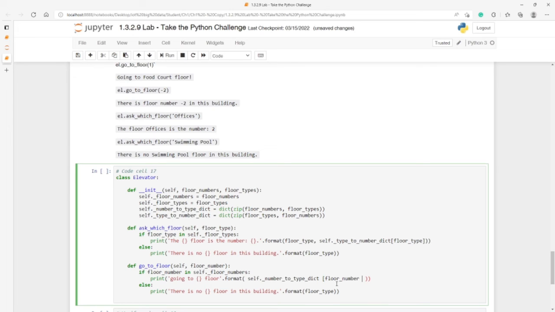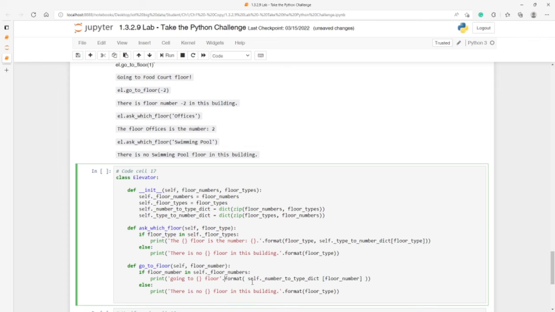So, if floor number is in self floor numbers, which is actually there, this one here,